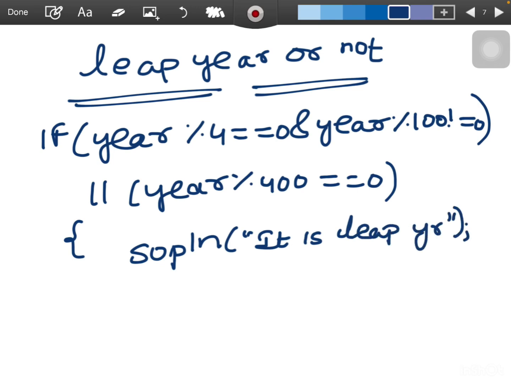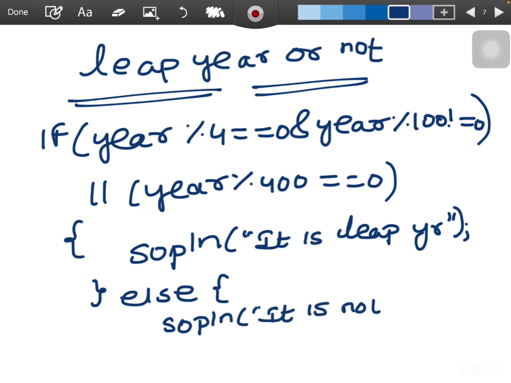If not, we have to print it is not a leap year. Then we have to print it is not a leap year. See, if you enter 2024,